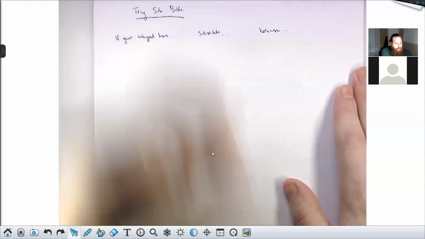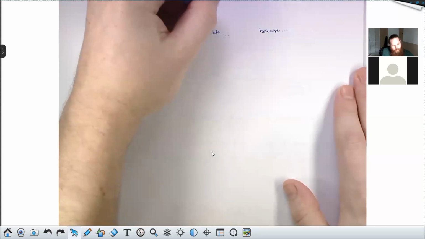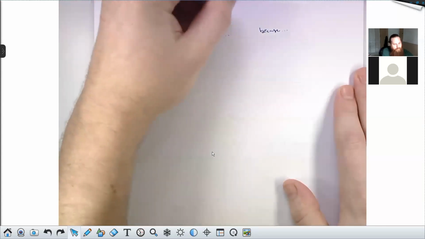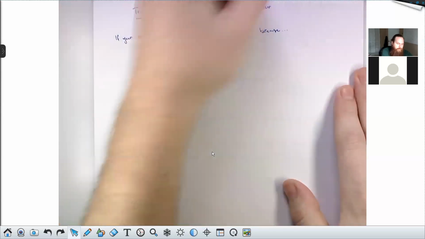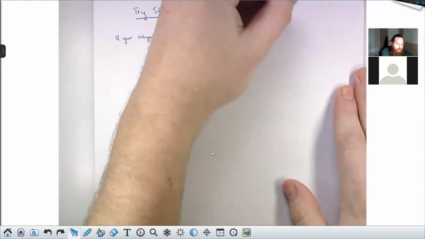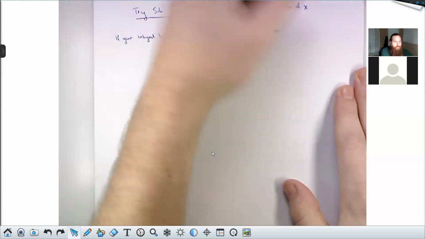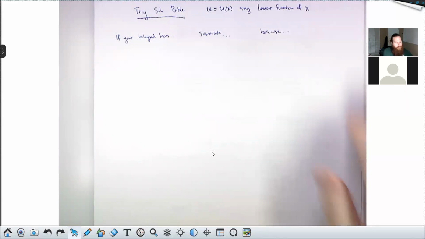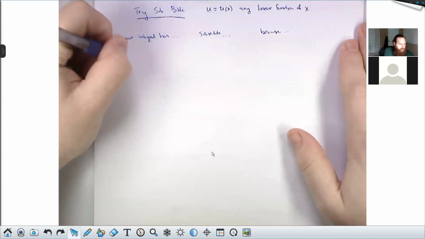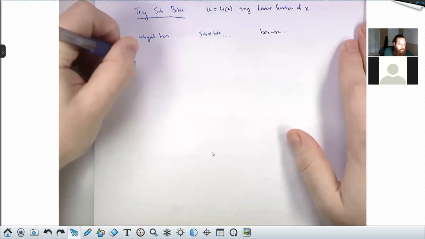All right, and here u of x is any linear function of x. So u here, I'm going to write instead of x, could be like x plus 2 or x minus 1/2 or 2x. If your integral has something that looks like the square root of a squared minus u squared,